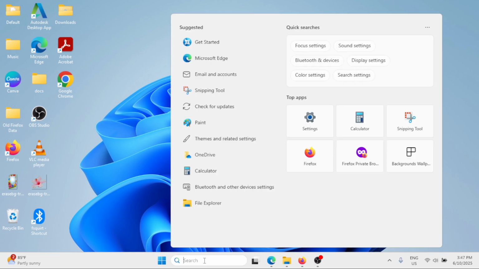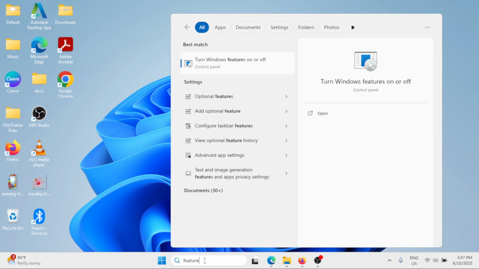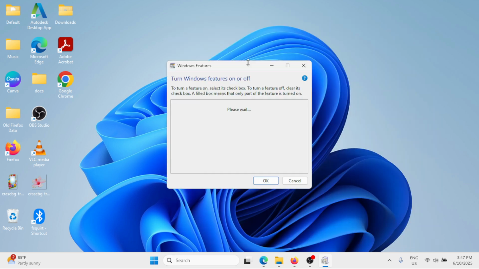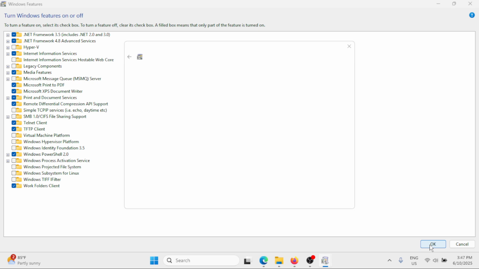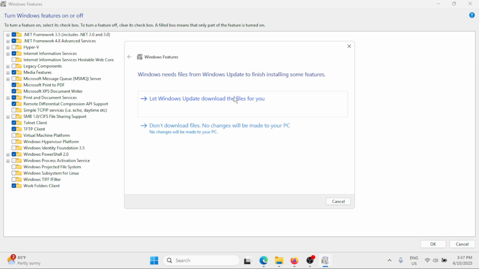But if that is already enabled and you face the issue, then again search for features in the Windows search bar, then simply uncheck Windows Subsystem for Linux and click on OK. And that will search for the required files. Then you have to get into this option.